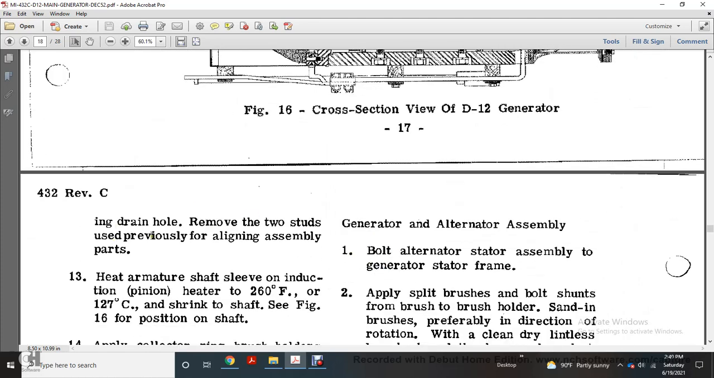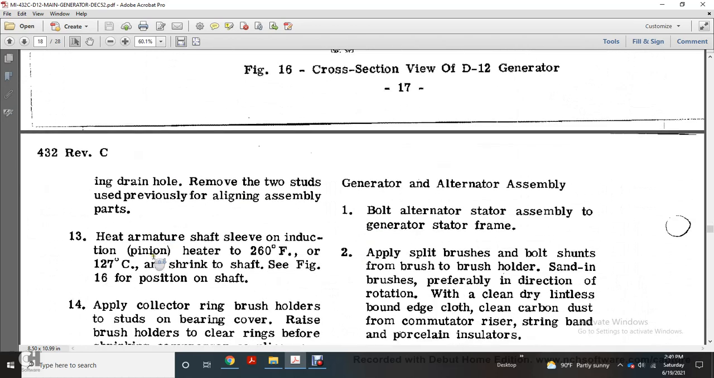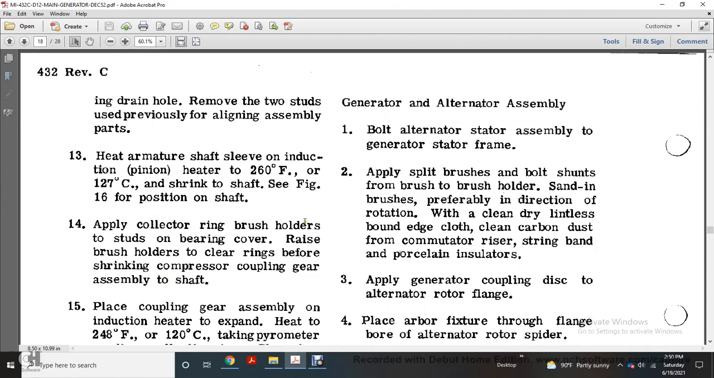And drain hole, remove the two stubs of the U with the previously lined assembly part. 13. Heat the armature for the sleeve with the inductor pin to 260 degrees Fahrenheit, 127 degrees Celsius, shrinking the shaft. See figure 16 for the position of the shaft. 14. Apply the collector ring brush over the